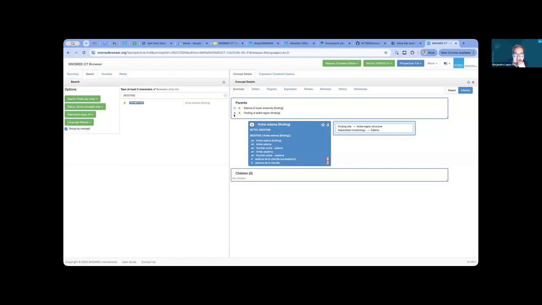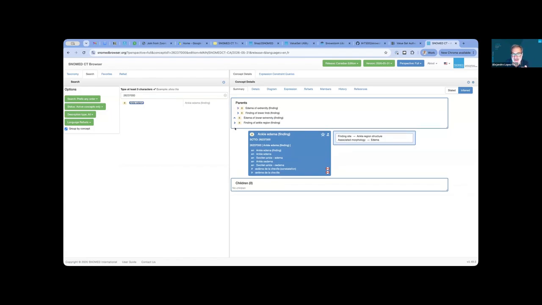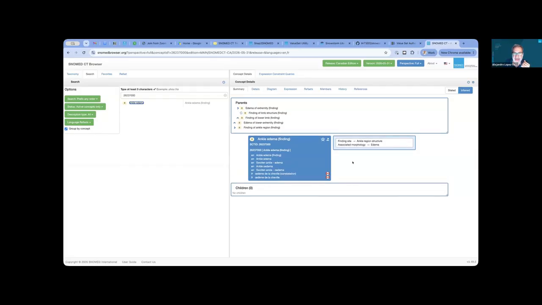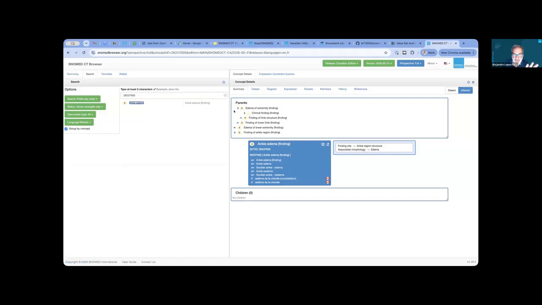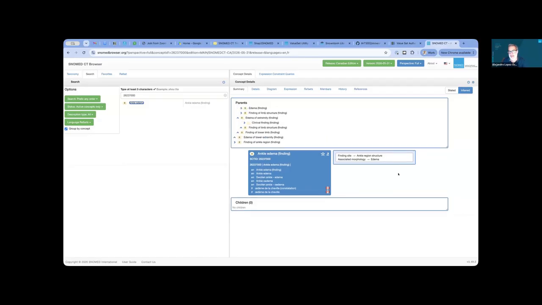And if you go up in the hierarchy, you start to see the parents and the parents and the parents. And this is the SNOMED hierarchy that contains this information. Yes, finding of the limb structure, and you have all the multiple aggregation of SNOMED CT. You can find all the edemas in all parts of the body below this node that says edema. This is the SNOMED ontology. And each concept is aggregated into this ontology based on its attributes.